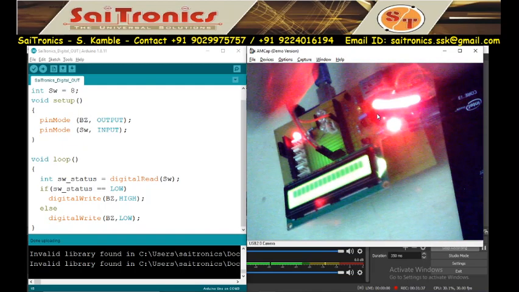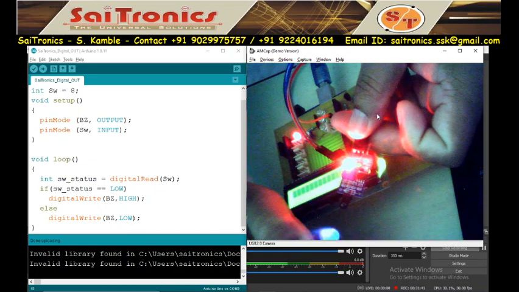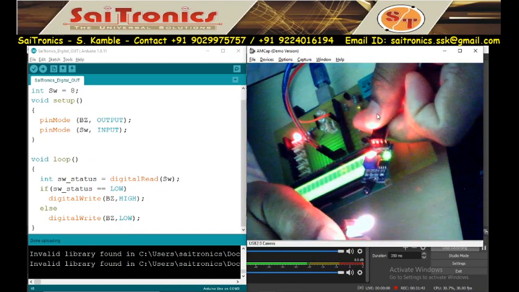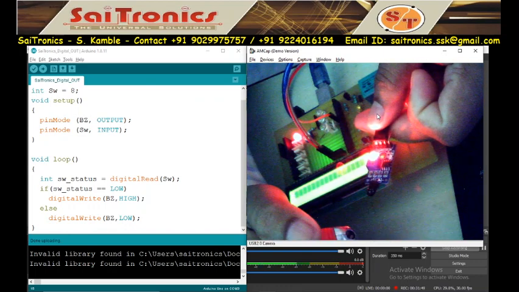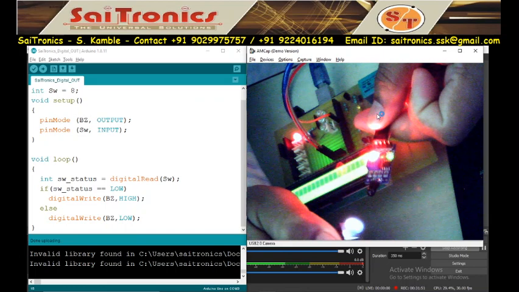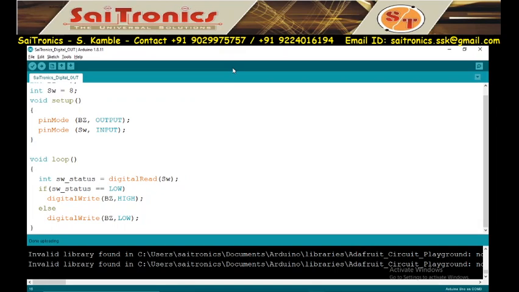If fire is in front of this, then the sensor will sense it. So this is a fire alarm. Just change the input and output, you can change the mini project. So this is a common program for mini projects.